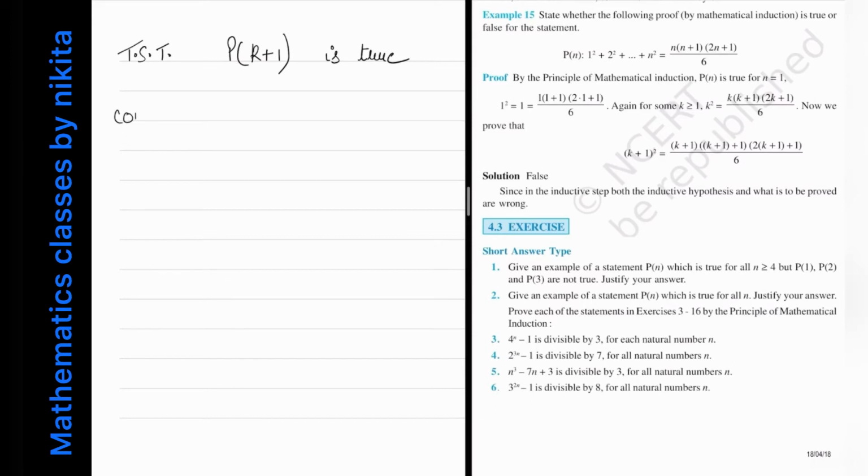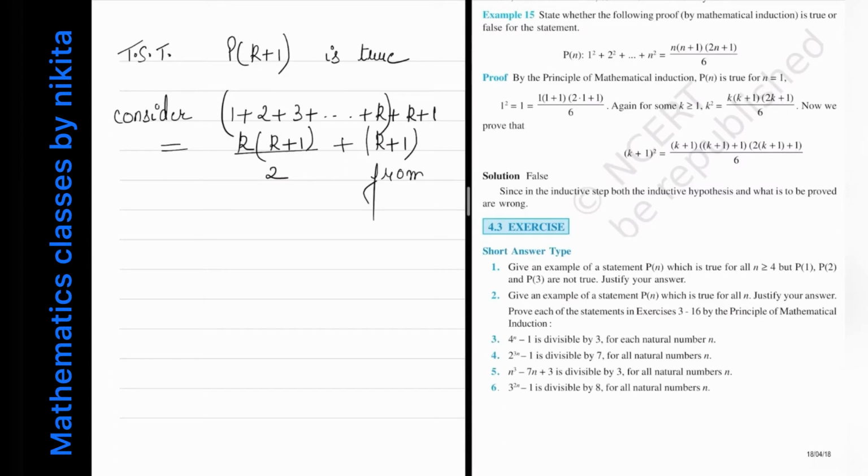So consider 1 plus 2 plus 3 up to so on plus k plus 1. ठीक है. So that means मैंने खाली अभी लेफ्ट हैंड साइड कंसिडर करा है. Now this can be written as, so I can consider up to k into one bracket, and from 1 this bracket wala sum is equal to k into k plus 1 divided by 2. Okay, and plus k plus 1. So this is from 1. Now take the LCM, simplify this. What you will get?